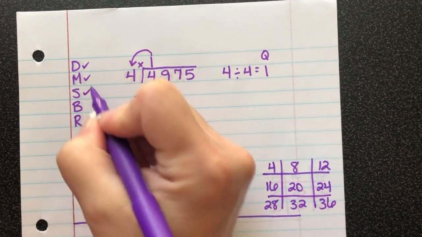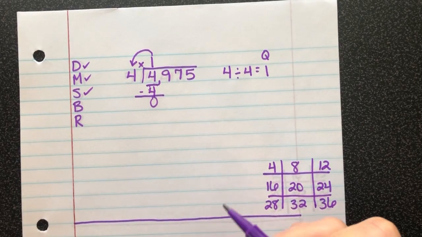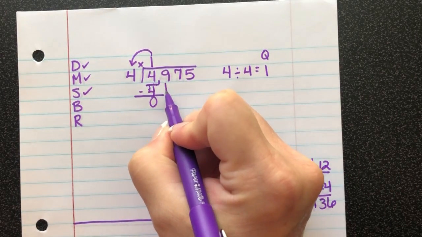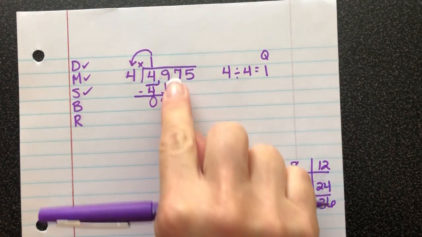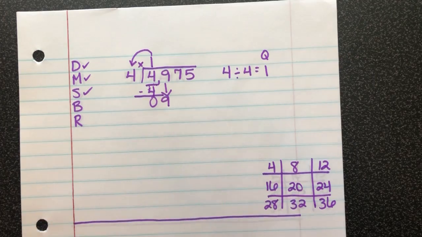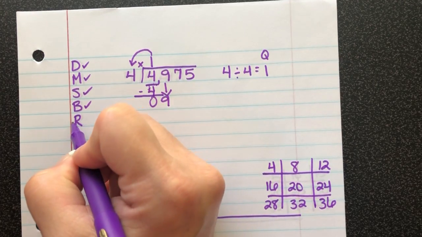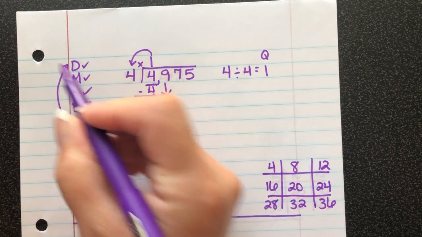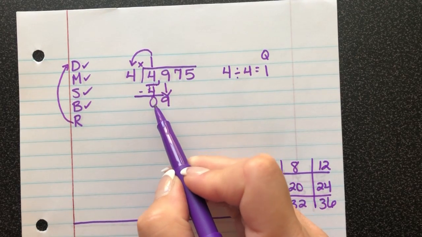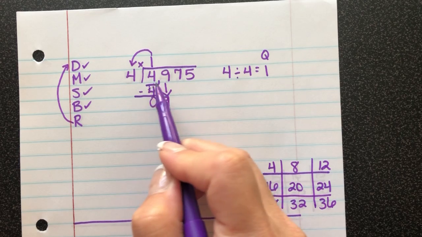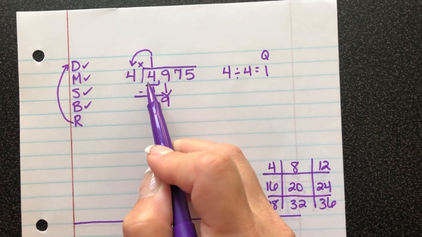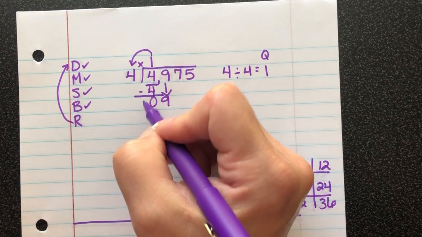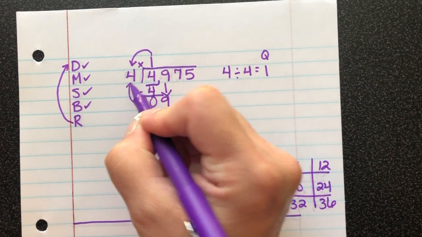So we've subtracted. Now I need to bring down. Remember from the other videos, you can only bring down 1 digit at a time. Don't try to bring all of these down at one time. You can only bring 1. So I brought that down. Next step is to repeat. I need to start over with division, but remember, after I divide up here the first time, I don't divide from up here anymore. I divide from down here. So now I'm going to divide